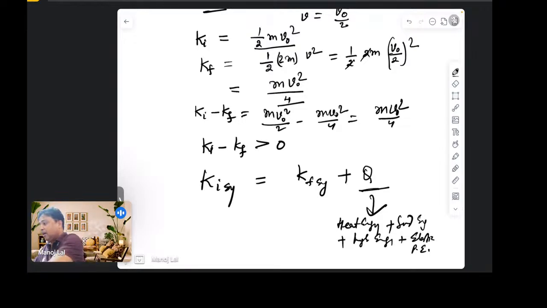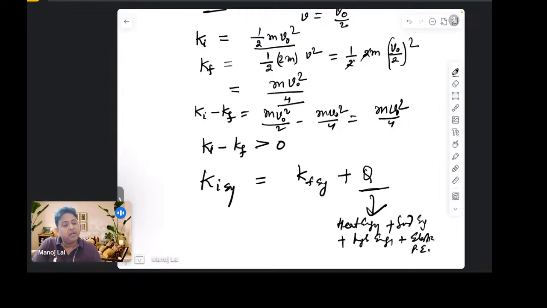Okay, let me continue. तो हम इस बात को डिस्कस कर रहे थे बच्चों कि यदि कुछ एनर्जी लॉस हो जाए, कोलिजन जहाँ की इनिशियल काइनेटिक एनर्जी लॉस हो जाए, and that energy, what will happen to that energy? That will convert in the form of heat energy, sound energy, light energy, elastic potential energy, जो deformation permanent हो गया.